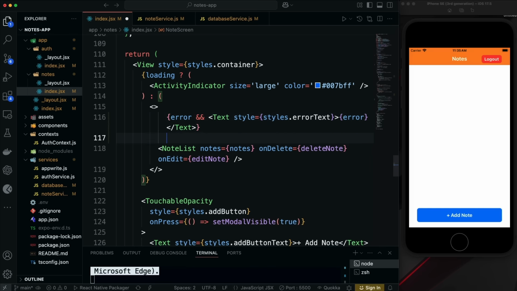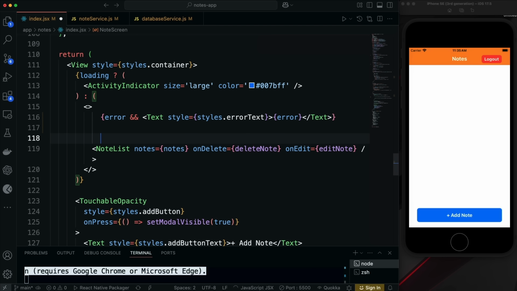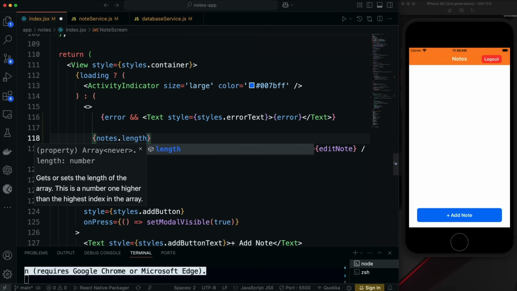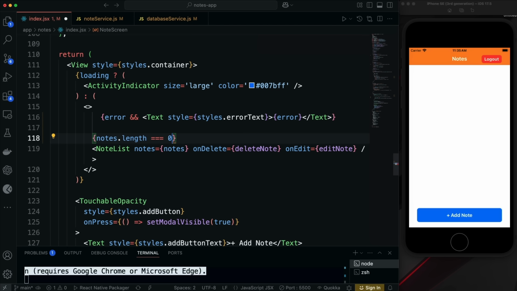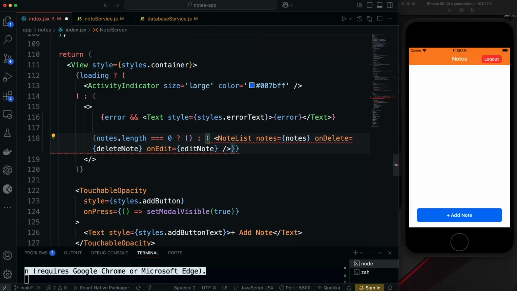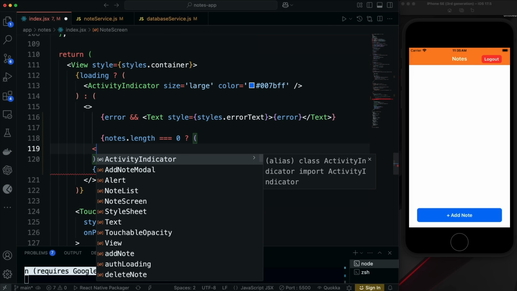And then right above the note list, right here, let's open some curly braces, and we'll say if the notes.length is equal to 0, then show something else, and this note list, we're going to cut that from here, and that's going to go in this second parentheses. In the first one, we want to have a text component,